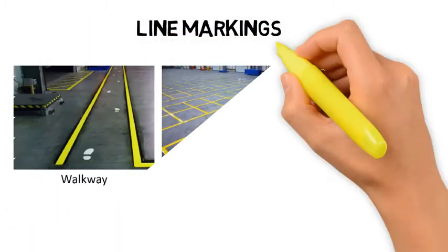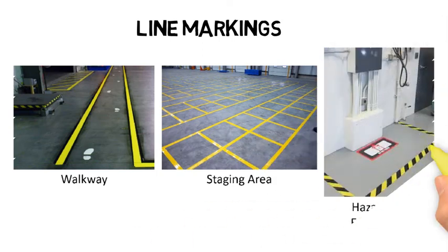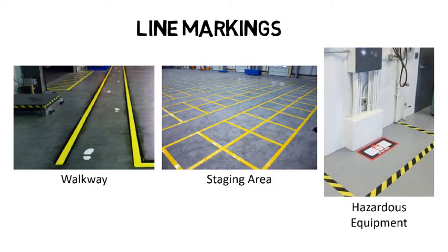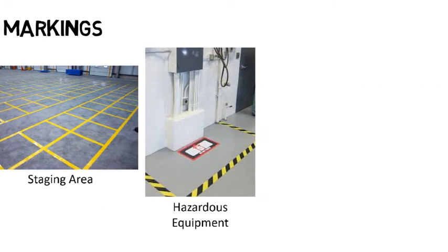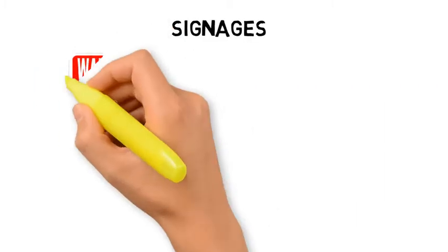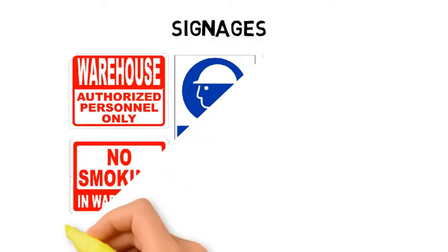These are some examples of line markings found in a warehouse. Yellow walkways for workers, yellow squares for a pallet staging area, and black and yellow lines to mark out the location of hazardous equipment. Clear and prominently displayed signages in and around a warehouse help to mitigate the risk found